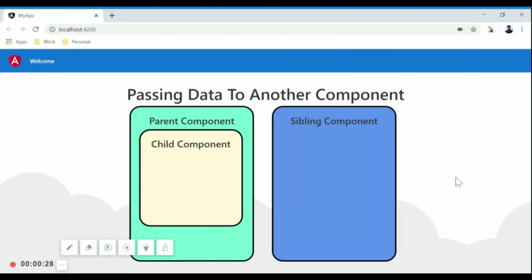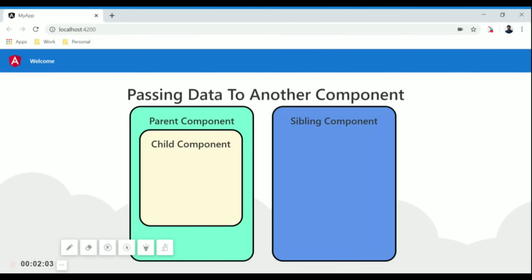Friends, in this template I have created a few components for you. You can see there is one parent component, one child component, and one sibling component.